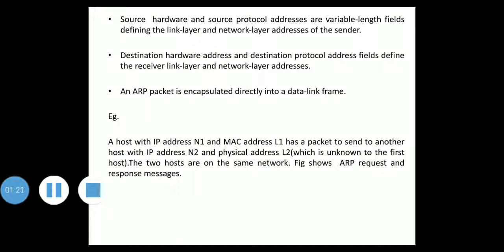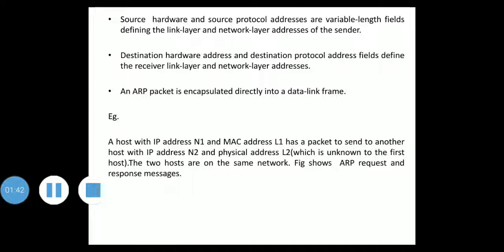Okay, network addresses. Then this ARP packet is encapsulated directly into a data link frame. Okay, the frame needs to have a field to show that the payload belongs to ARP and not to the network layer datagram.